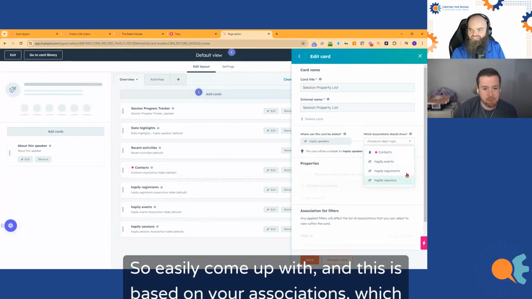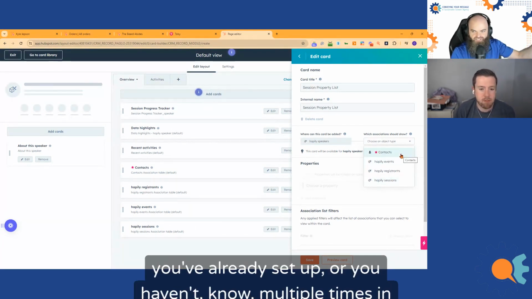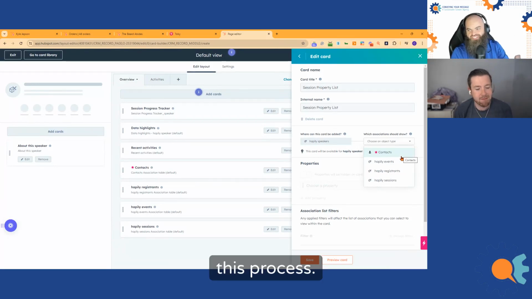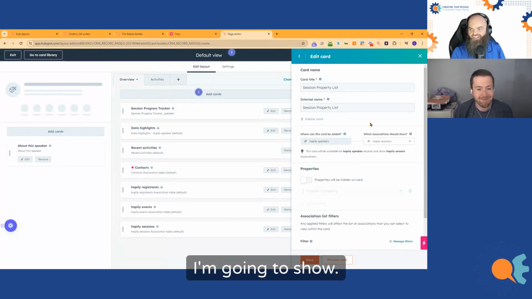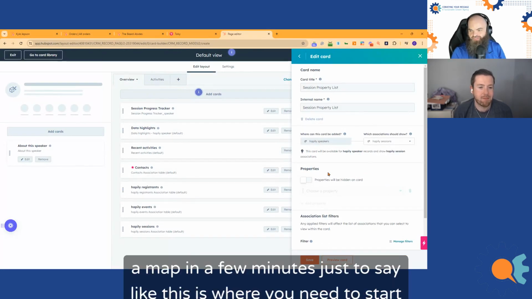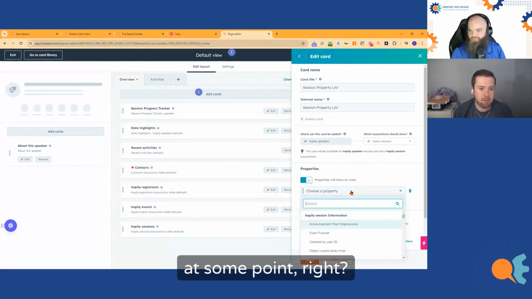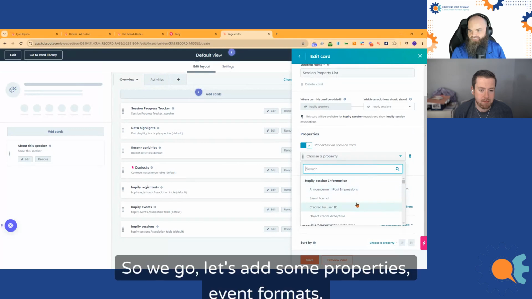This is based on your associations, which you've already set up. Later I'm going to show a map to say this is where you need to start at some point.